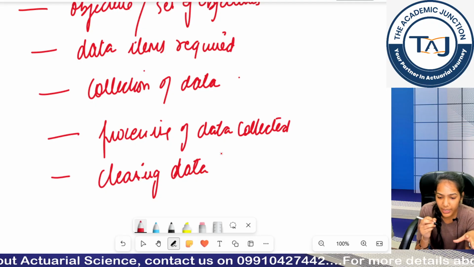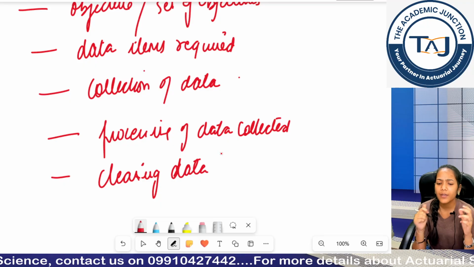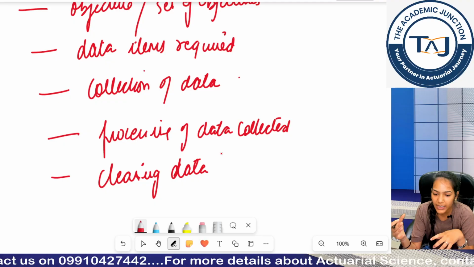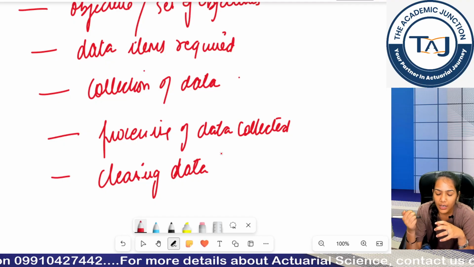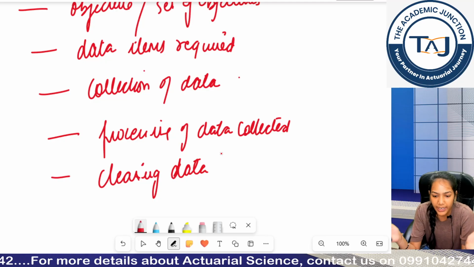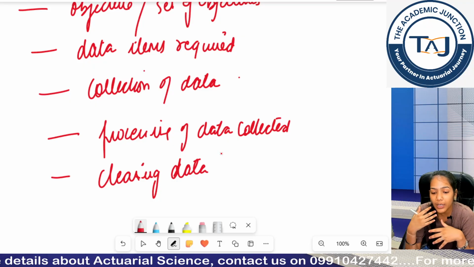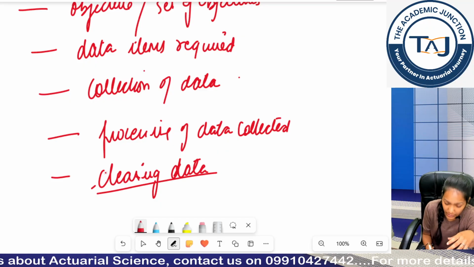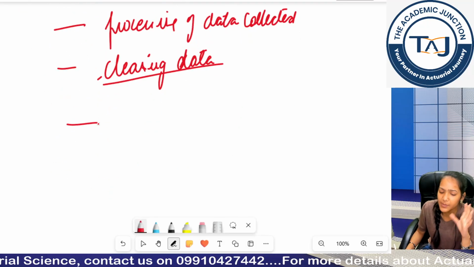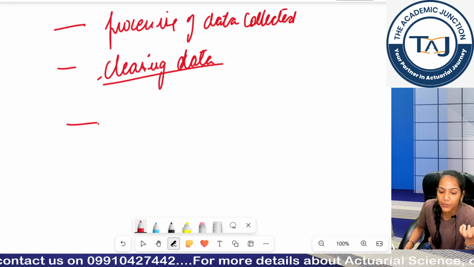Once this data is collected and processed, there is a requirement of cleaning the data. Why is data cleaning required? For example, while processing information from one software to another, we can have technical glitches due to which some values may be converted to other values. If I have missing values, they need to be removed while operating. If I have extremely high values, maybe mistyped or from a technical glitch, then I have to change these values. That involves cleaning the data. There are various cleaning approaches, but we won't be learning them in this chapter. You just need to learn what steps are involved in data analysis.